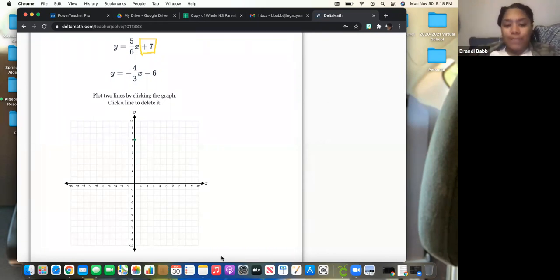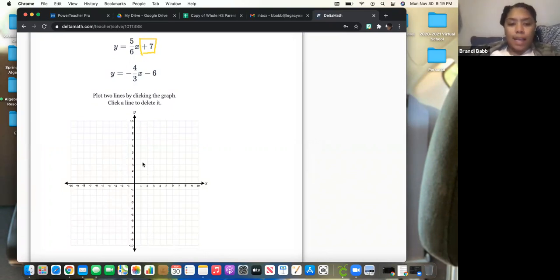The slope is 5/6. And you have to really be able to read a graph to know that if I go up 5 from 7, I'm going to be off the graph. So in order for me to fit this slope on my graph, I'm going to say that my slope,